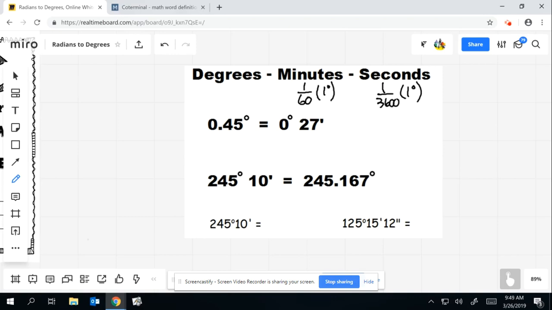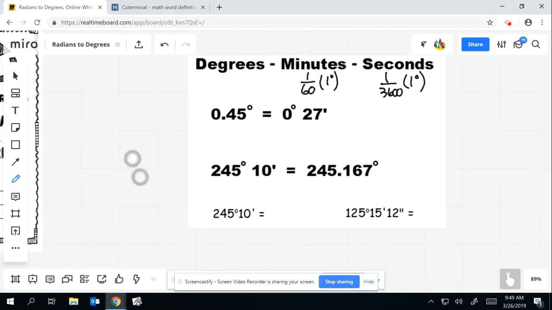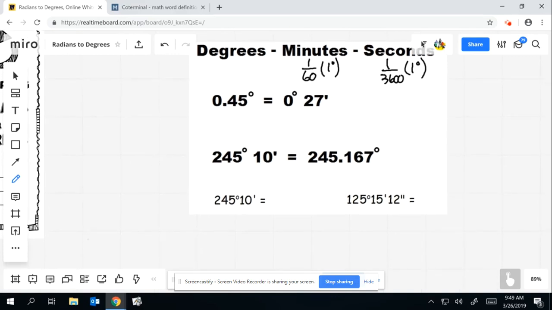And if you take each minute, now you're getting into microscopic things. If you take each little minute and break it into 60 pieces, those are called seconds. And so they're really, really tiny. So minutes are 1/60th of a degree. Seconds are 1/3600th of a degree. So if you want to convert from degrees to minutes and seconds,